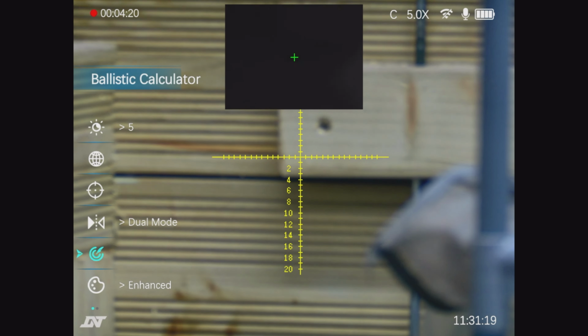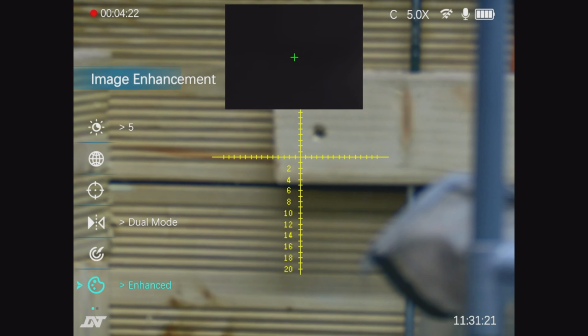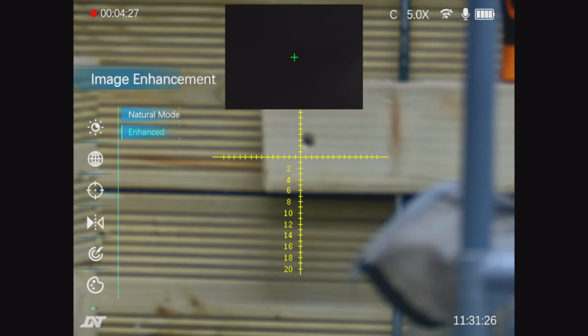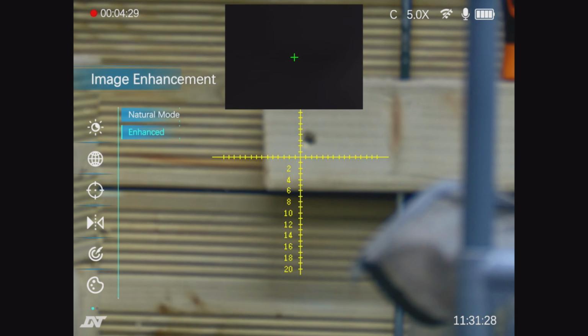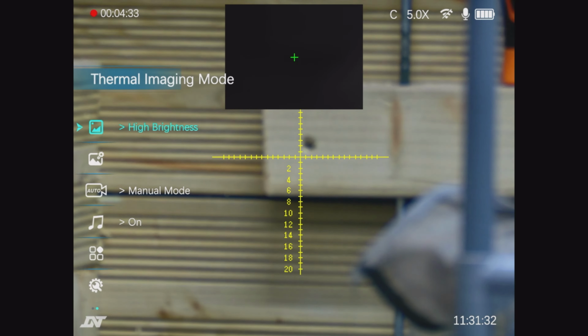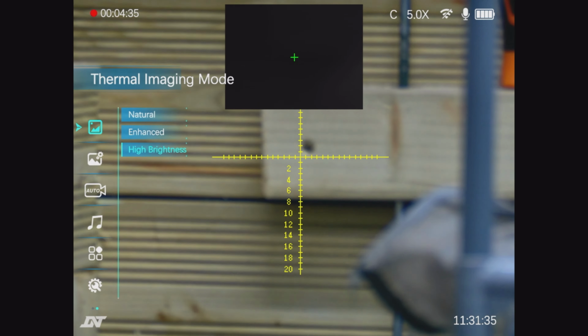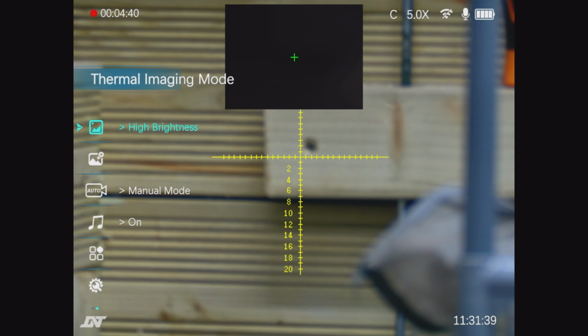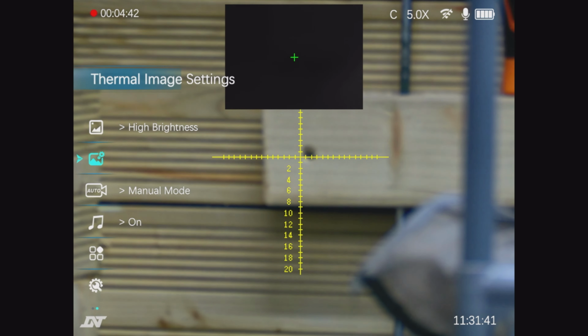Coming down, you've got image enhancement. So that's what I've got it on. You've got natural mode or enhanced. I've got it on enhanced. Below that you've got brightness. So clicking that, you've got natural, enhanced eye brightness. Below that one,